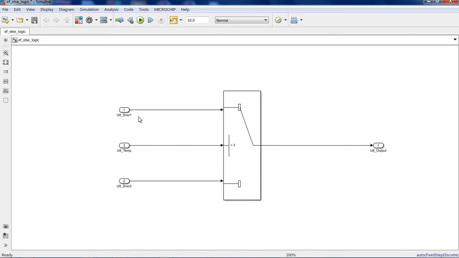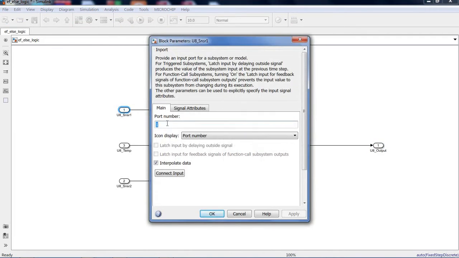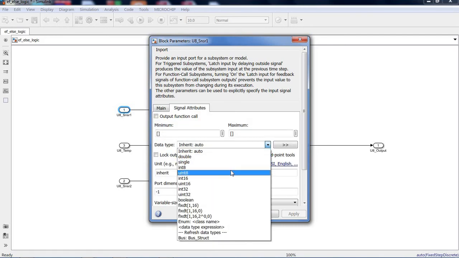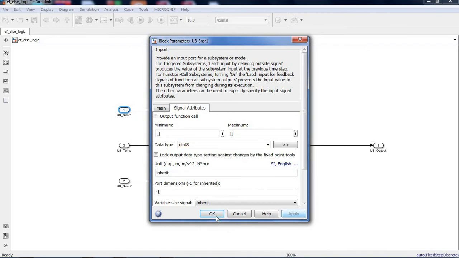Now I will set the data types. Double-click on this input signal, then go to the signal attributes and select the data type. I want the data type as ufix, apply and OK.